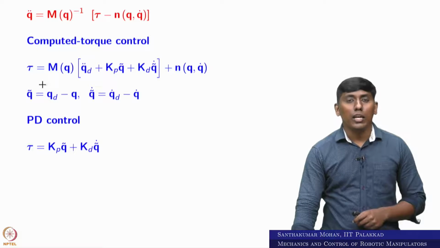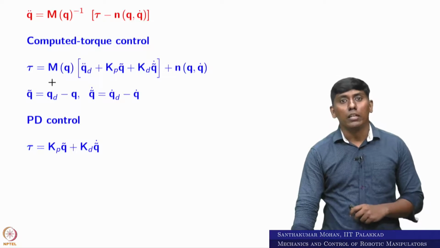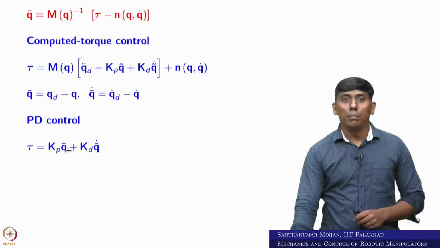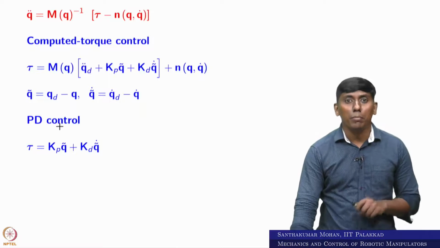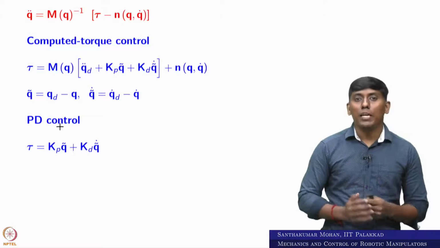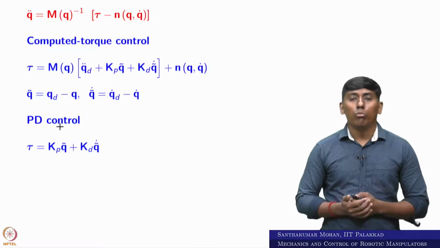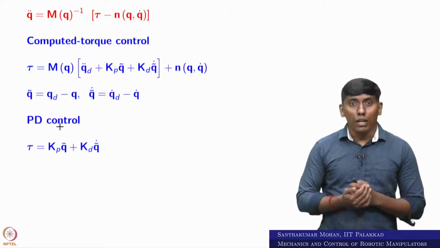You can see we can use the computed torque control, which is very popular in our course. Similarly, PD control is the other popular one. Here there is no gravity coming, that is why it is a simple PD control, because it is a land based mobile robot. Based on that we wanted to write a controller code.